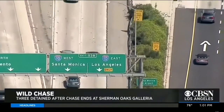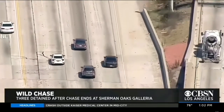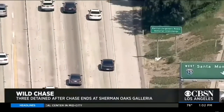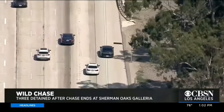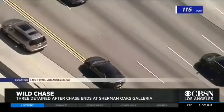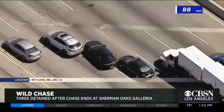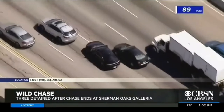It started just after 10 a.m. The LAPD says that the suspects were part of a burglary crew from Oakland that would come down to the LA area to break into cars. Officers spotted it in the Wilshire area and then tried to pull it over, but the driver just simply took off. That driver then got onto the 101 freeway, and the dark sedan weaved in and out of lanes,